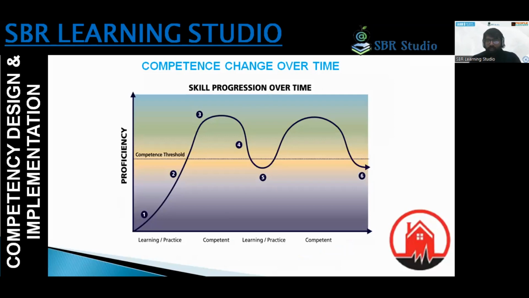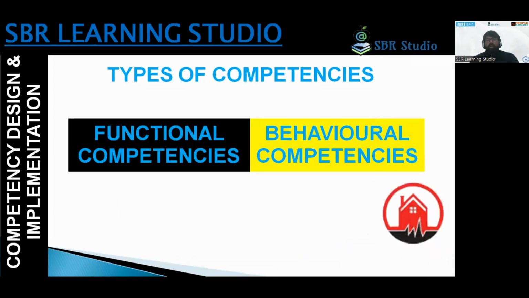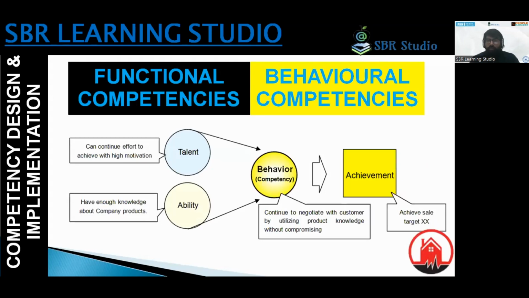That is your functionality. But now it comes to the second level, as the question asked by someone with that slide: can it be identified or defined based on two different types of competency? Number one, the functional competency, which is required to perform the task. Second, achieving the maximum performance in the given task, where you have to deliver some performance. That is known as the behavior competency and approaches. Here I have given the name behavior competency, but ultimately it is the behavior approaches, how an individual has to behave.